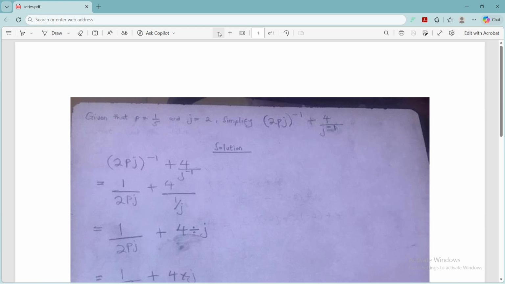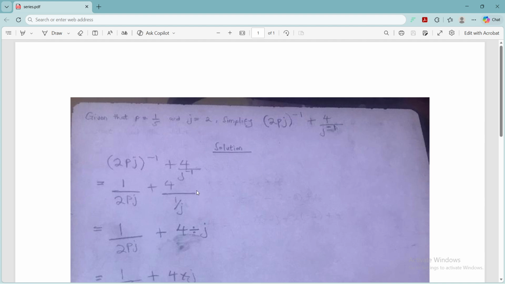Right? So our given equation is (2pj)^-1 + 4/j^-1, right? So the value raised to the power -1 is giving us 1 over the number, right? So when we simplify here, we are going to have the fraction 1 over 2pj representing (2pj)^-1, right, plus